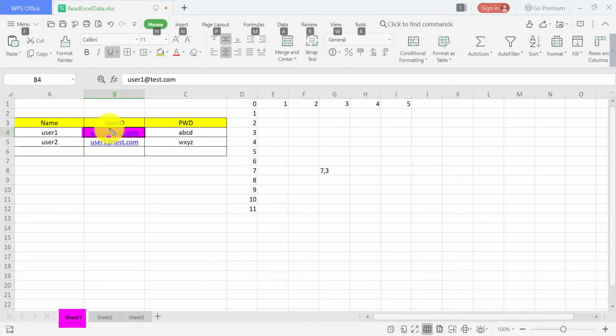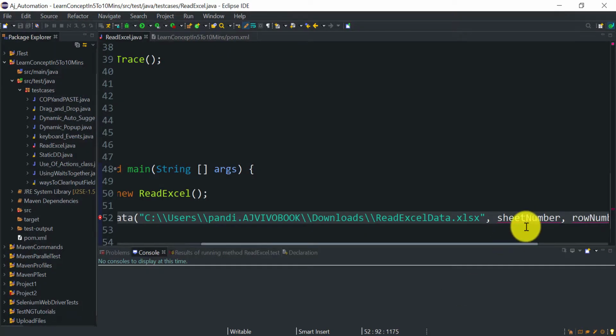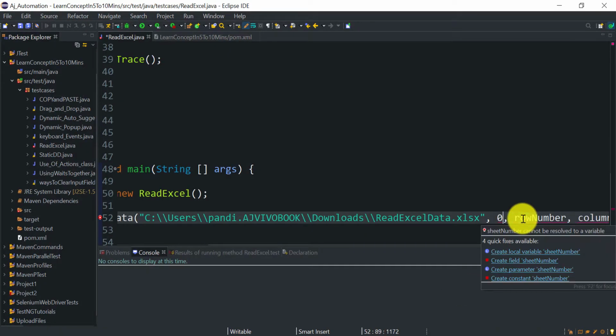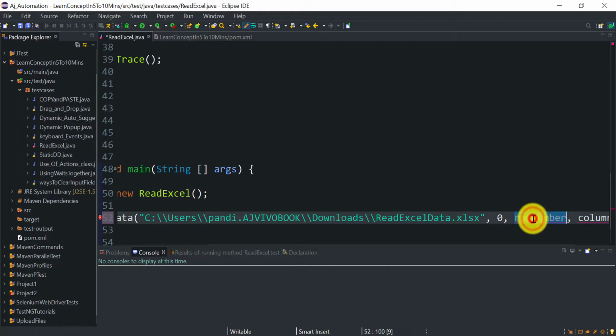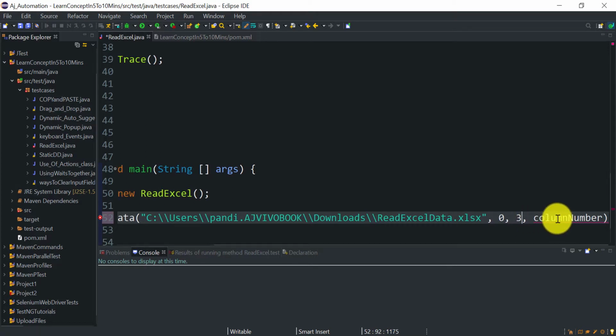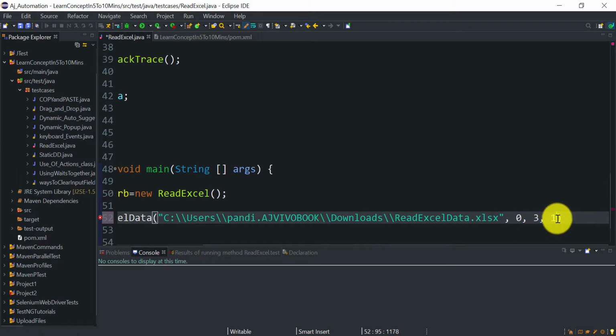So what is the row number and column number for this cell? Row number is 3, right? 0, 1, 2, 3. Here you can see 3. And what is the column number? It is 0 and 1, right? So sheet number is 0, then row number is 3, and column number is 1.